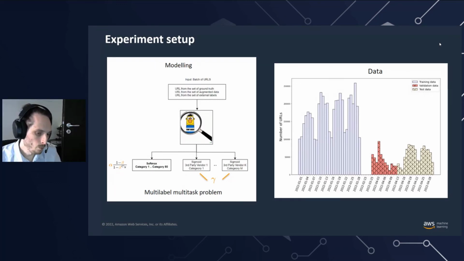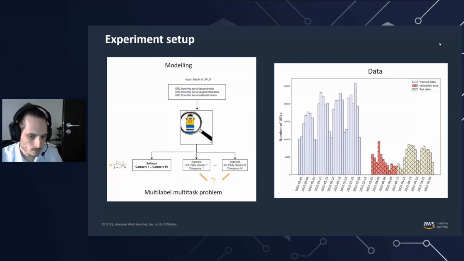So essentially with this model, we want to try to pick out common keywords from URLs, and with the semantic understanding of words, the hope is that a site having the keyword gun will be near to a site that has the word knife. And finally, this goes into the optimization problems, the main task, which is a softmax to categorize the URL into one of 80 categories, modulated by alpha and beta, and finally the auxiliary tasks for third-party labels